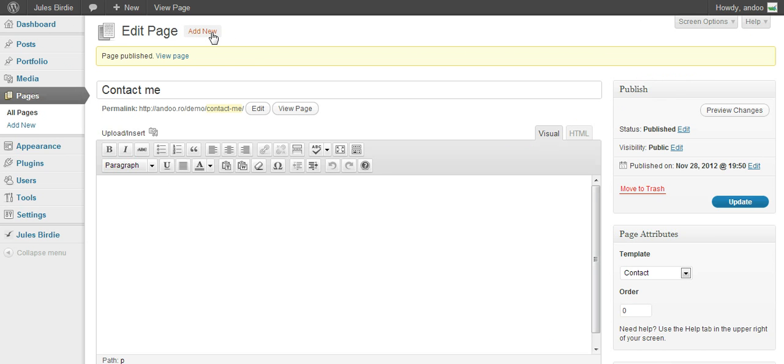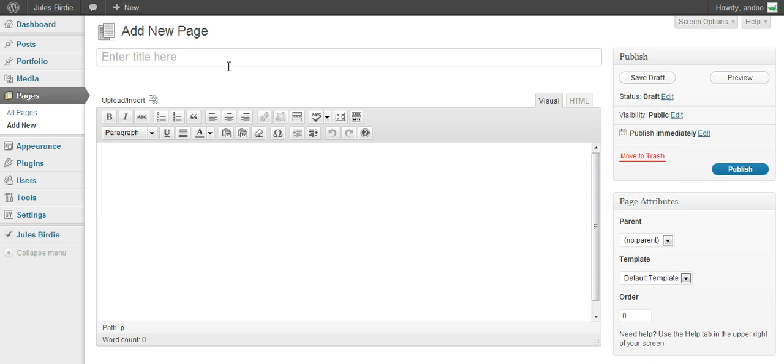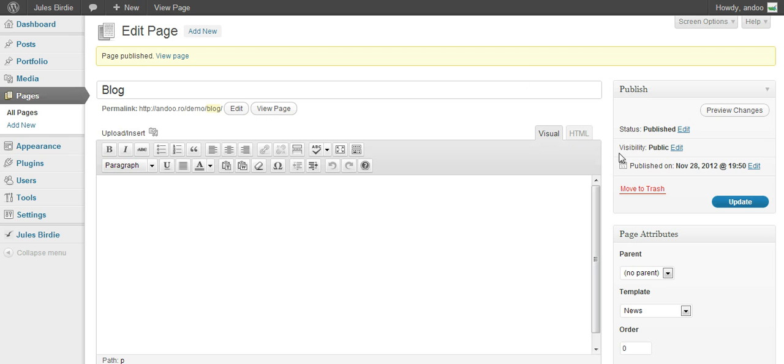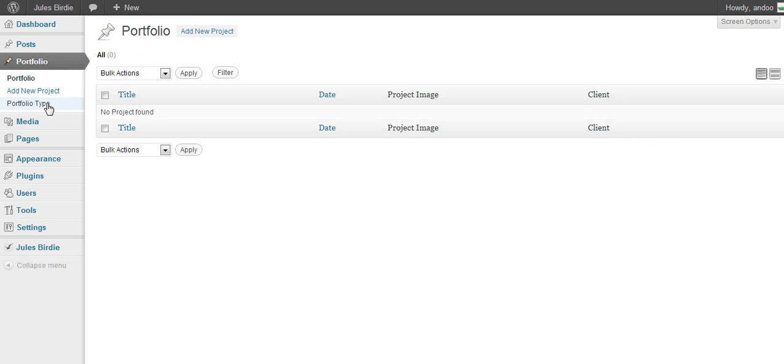For my blog page I should choose the news template. For example, I'm going to start my blog. I'm going to choose the news template, and I'm going to publish the page. This will make all the posts which you write here go into your blog page, which you will find on your menu. Next, I'm going to go to my portfolio, and I'm going to add, as you can see,